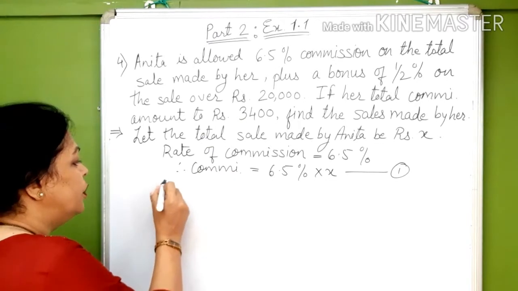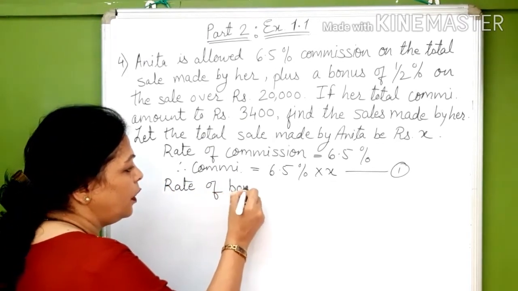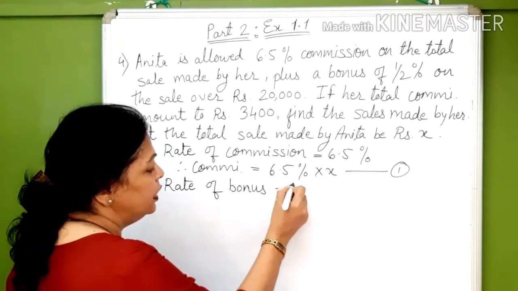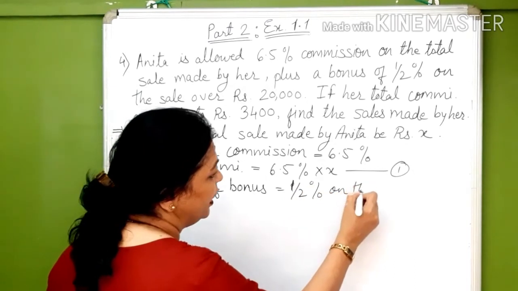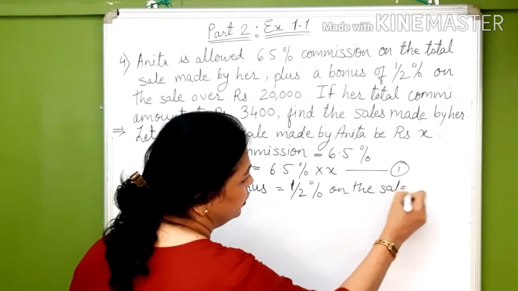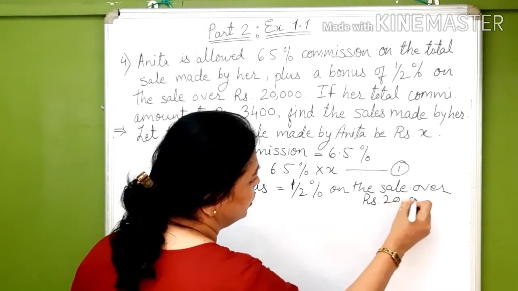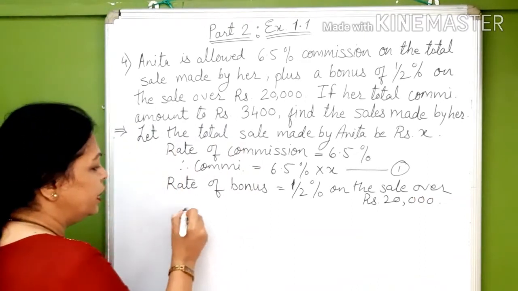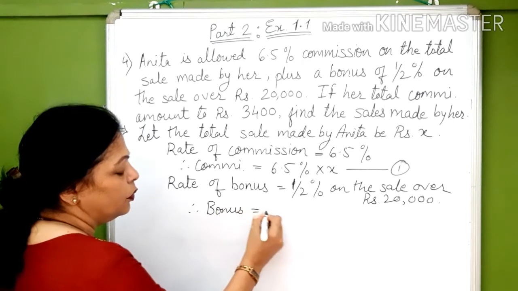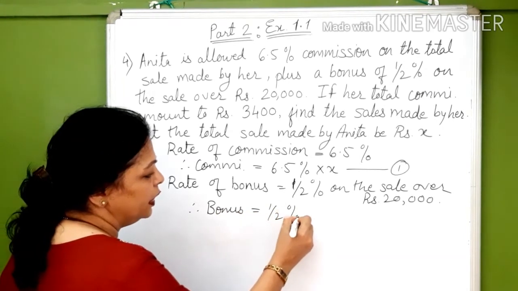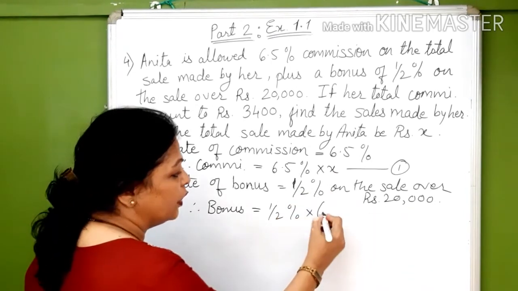So the rate of bonus is 0.5% on the sale over rupees 20,000. Correct? So therefore, how much bonus will she get? Bonus will be 0.5% into, from the total sale you will have to subtract 20,000,